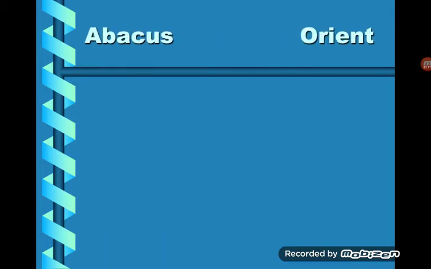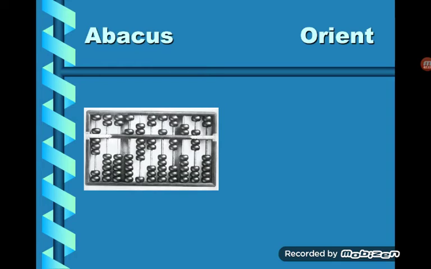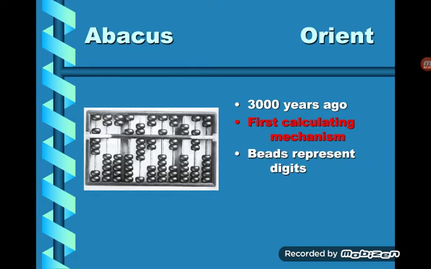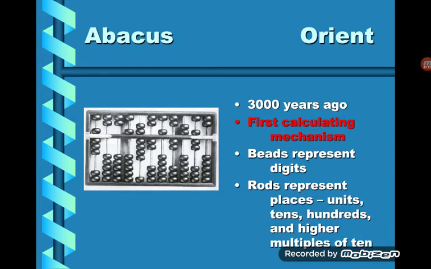Next, mechanical calculating device. Do you know the first calculating device? Abacus is the first calculating device. It was invented in the 16th century. It consists of a number of horizontal rods with beads in a frame. Addition and subtraction are performed using an abacus by sliding these beads across the rods. It is still used to teach tiny tots.